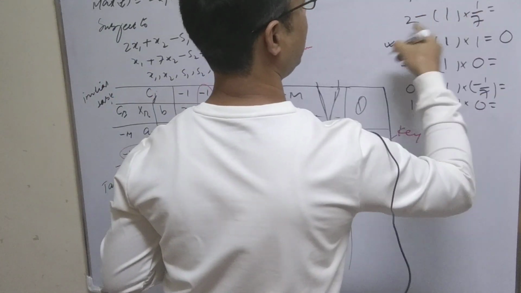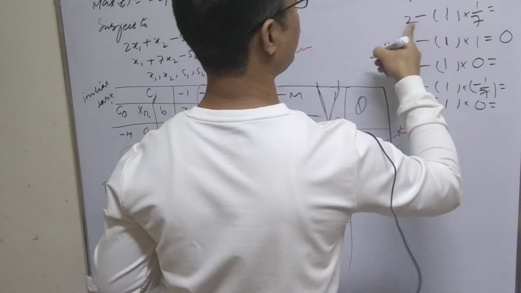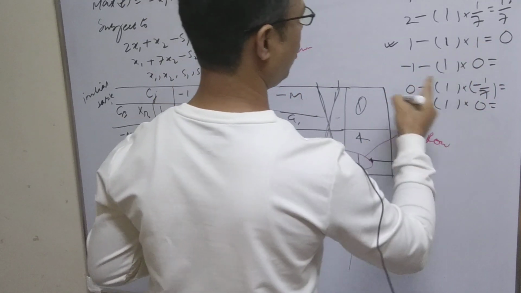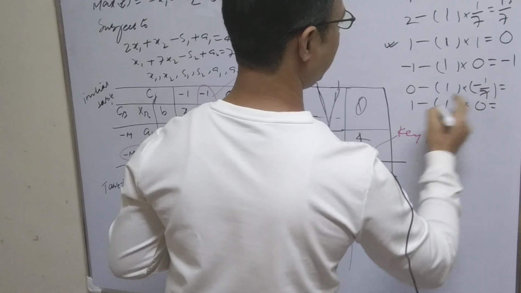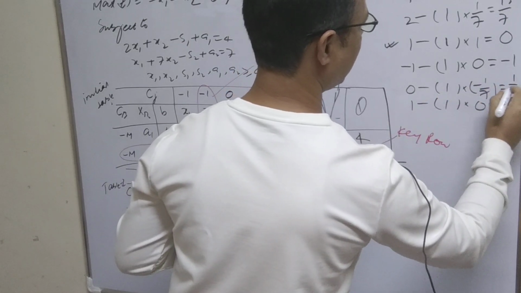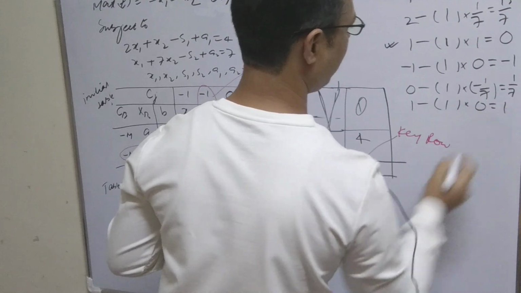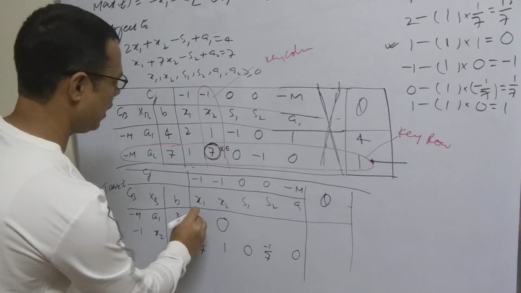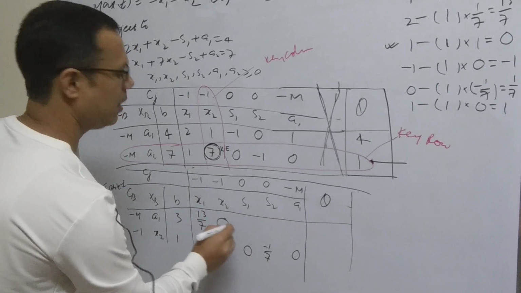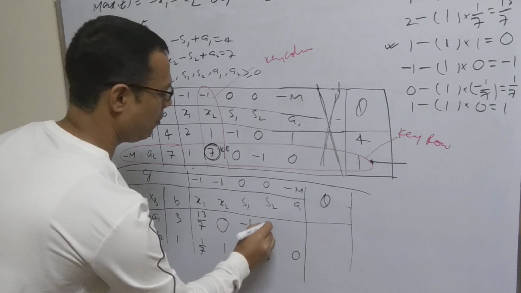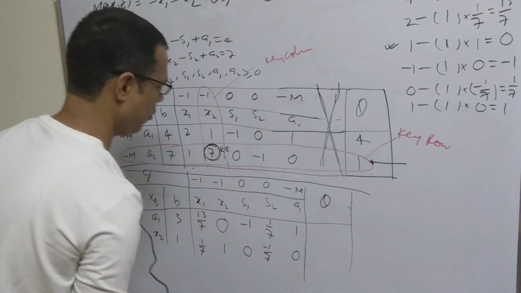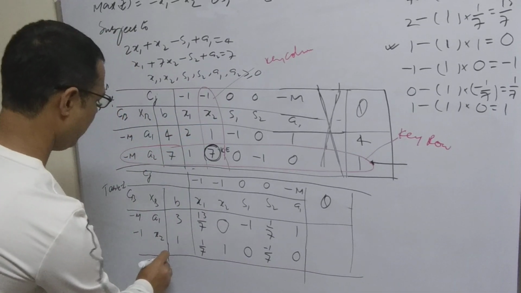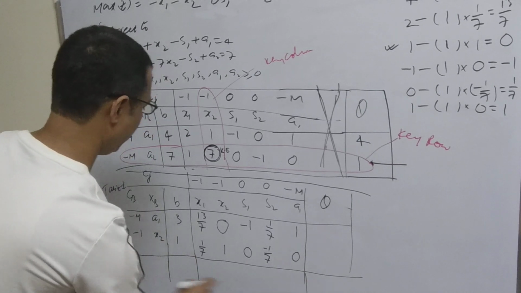Now 4 minus 1, 3. 2 minus 1 by 7: 7 into 2, 14, 14 minus 1, 13 by 7. 1 minus 1, 0. Minus 0, minus 1, minus plus 1 by 7. And 1 minus 0 will give you result 1. Just copy and write here. So what is the value? 3, 13 by 7, 0 already here, minus 1, 1 by 7 and 1. Now we have it up to here. Now in this table we got the point how to complete all these terms.